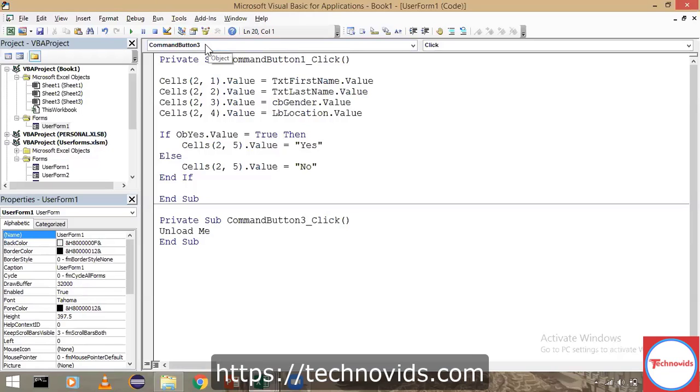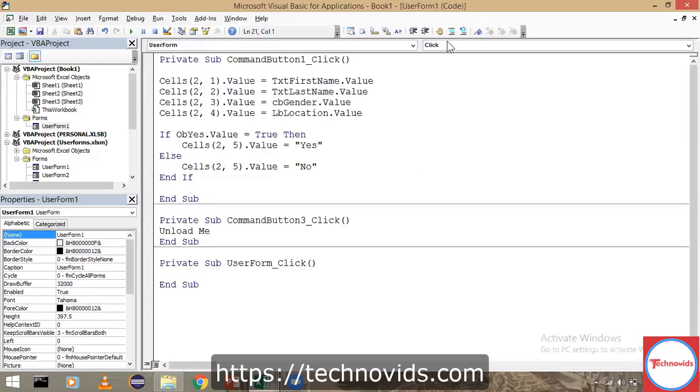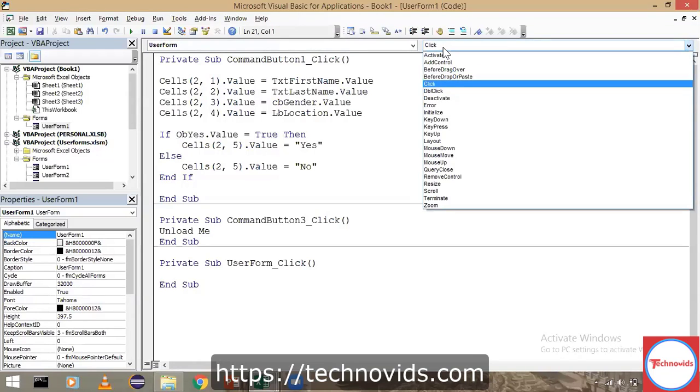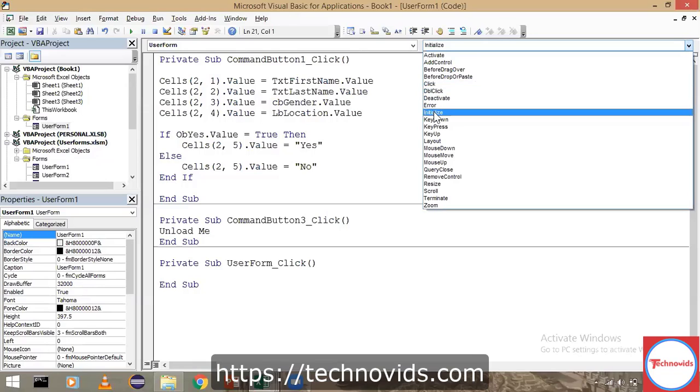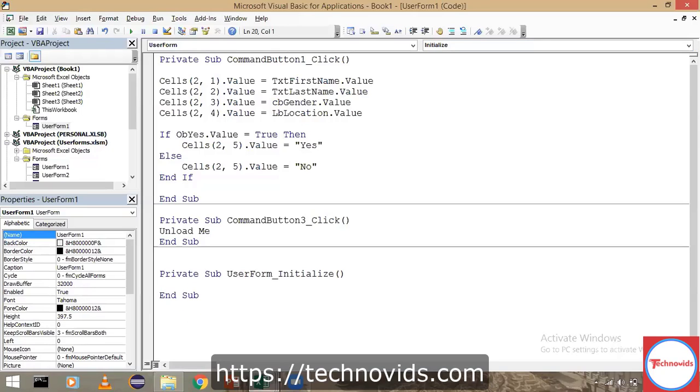I could say user form. Okay, so it says user form click, but I should say user form initialize. Initialize means you will start initializing whatever is present in the user form. That is adding values to the combo boxes, list boxes, all that comes under the initialization part. Now here you can't directly write it because we have already created a button, no? For the clear button. So we'll start writing the code inside the clear button and start accessing the code here.